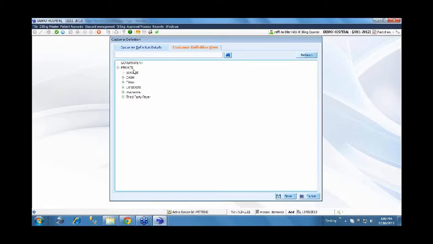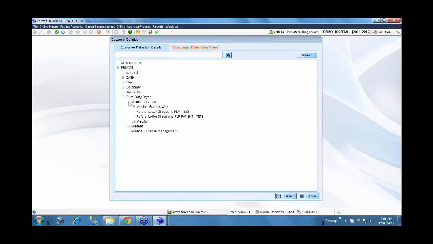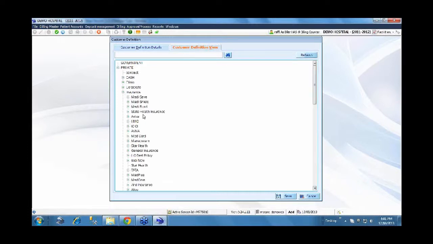The second, say for example here within private, we have various customer types. It can be other affiliated clinics and hospitals who are sending or referring patients to our organization. It can be corporate, big corporate bodies which send the employees directly to the hospital, and we may have a specific contract with these corporates to serve the patient on credit basis and claim from the corporate later. And also insurance, which will be the primary focus for today's demonstration, and TPAs and various other customer types. Like this we can have n number. There is no hard and fast rule again here as to how you need to define this customer type line.